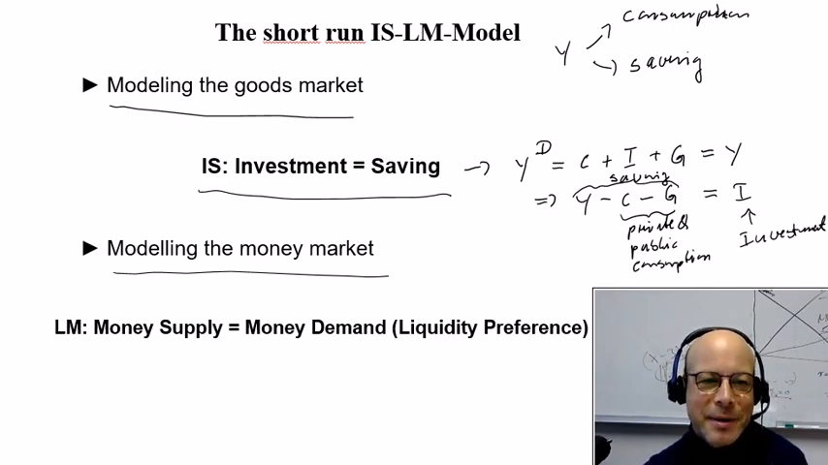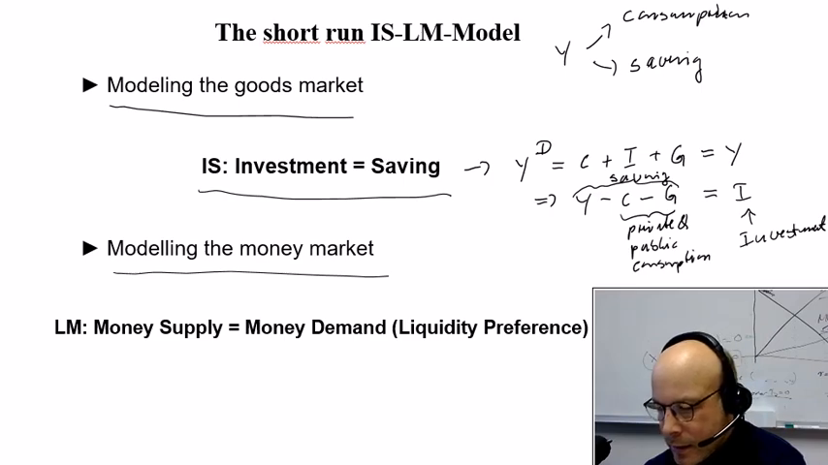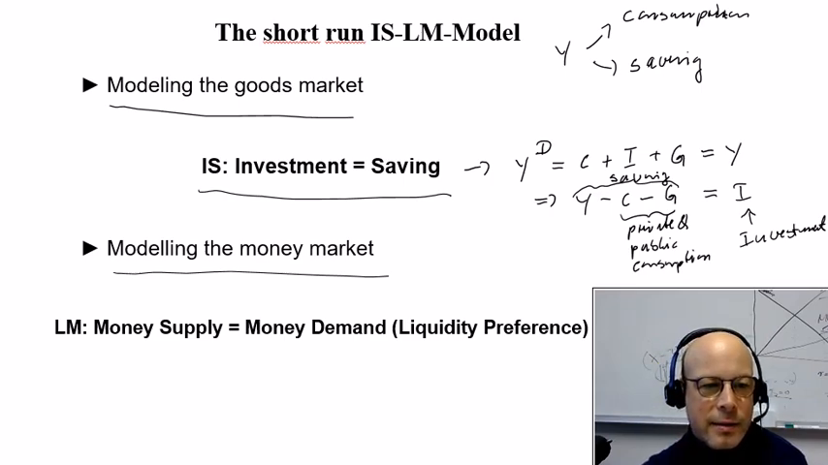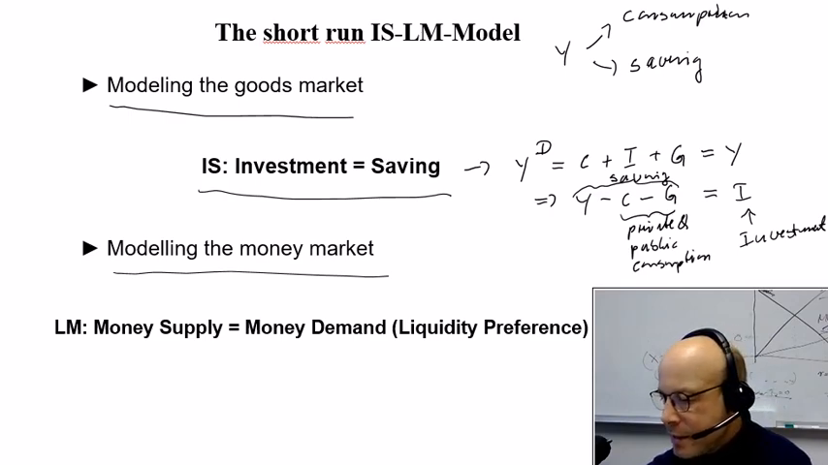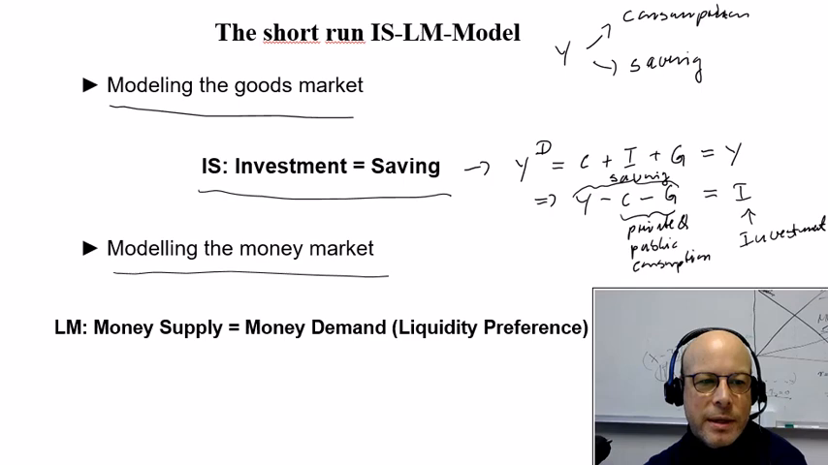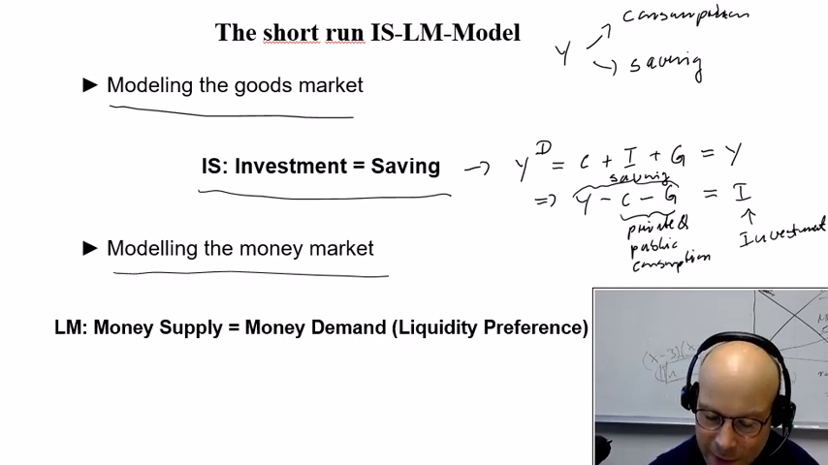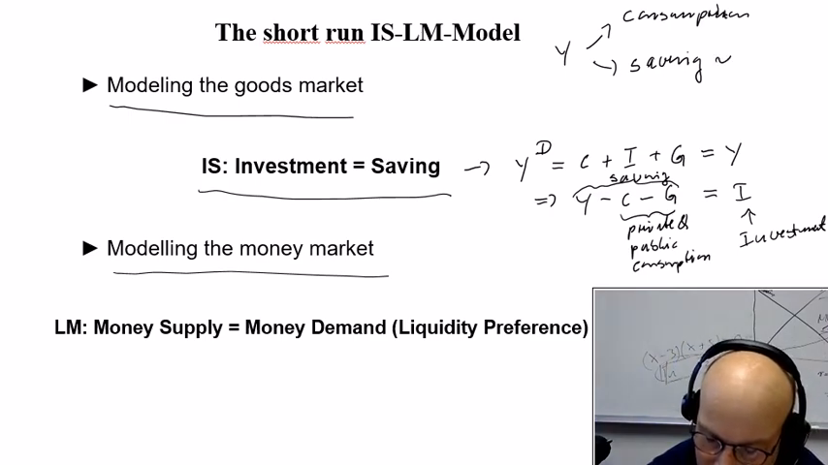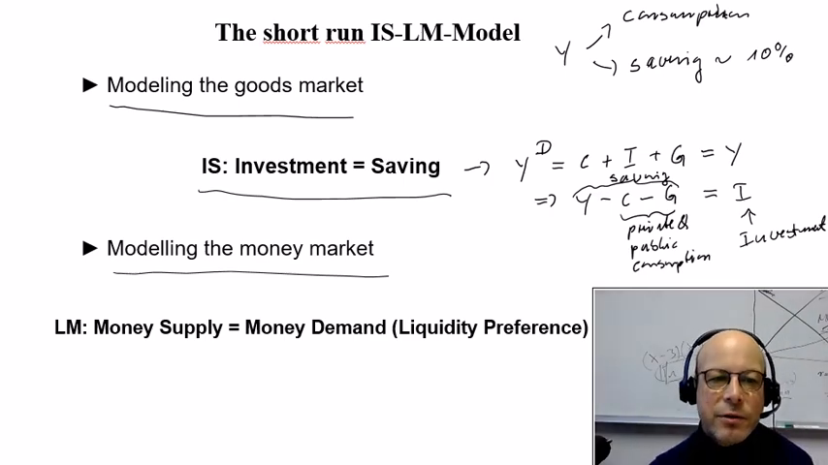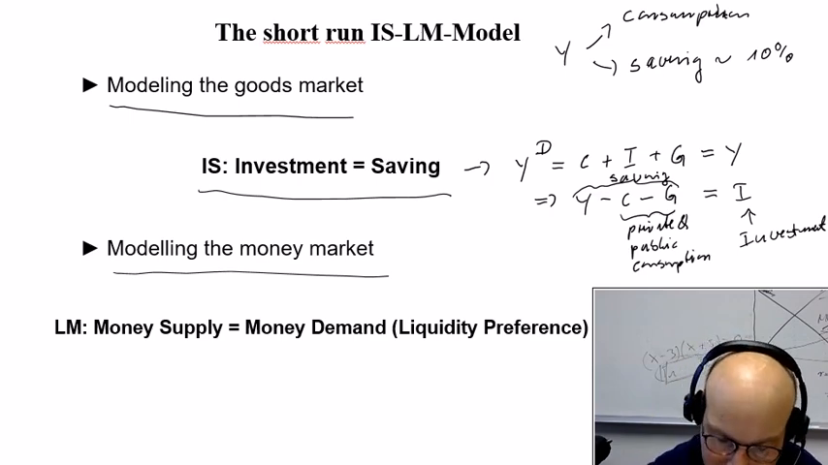They are not saving that much. Why? Well, they get credit from everywhere since they have the main currency in the world. We all need US dollars, so the United States can go everywhere and ask for money. But in general, we could say roughly 10%. This would be on average a good number for developed countries. Okay, so these are the main